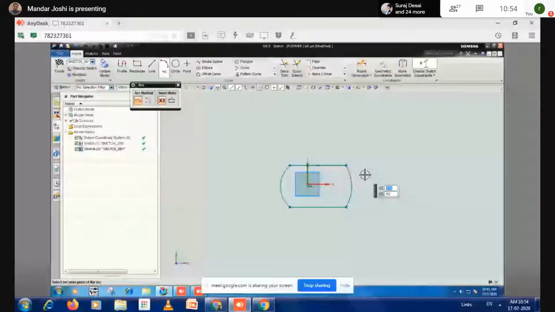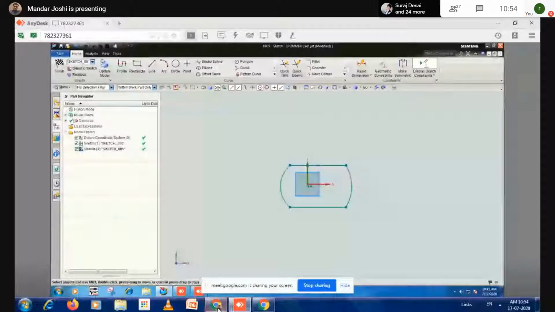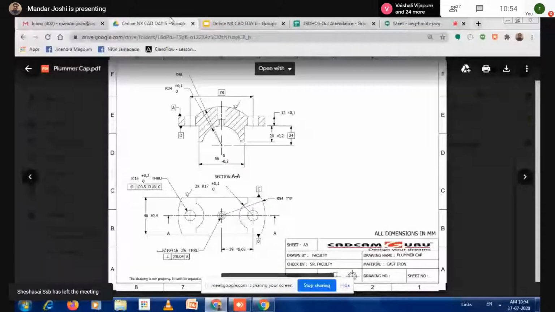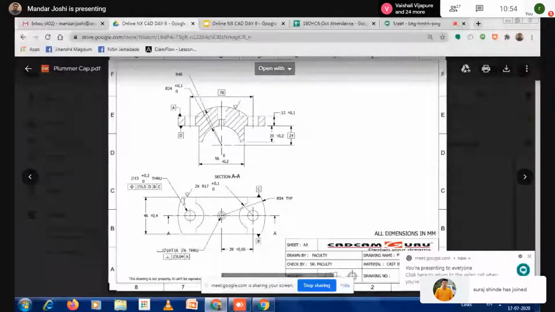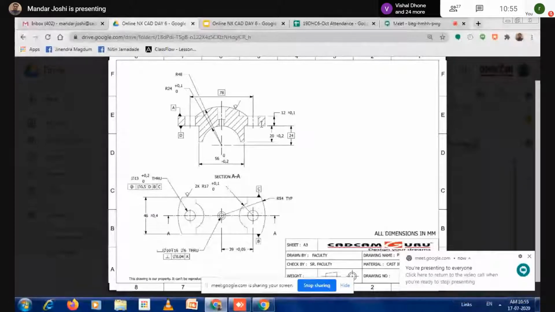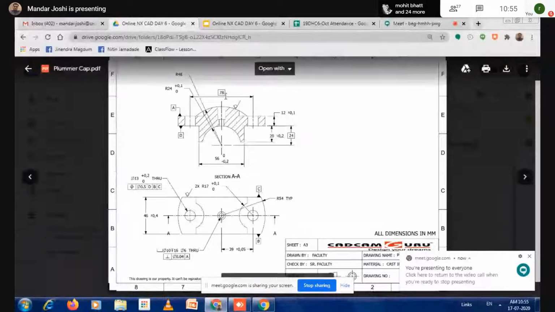Okay, next. The length is how much? Is the total length given? From this point to this point, is that length given? Center to center distance is how much? 78. And this arc radius is how much?